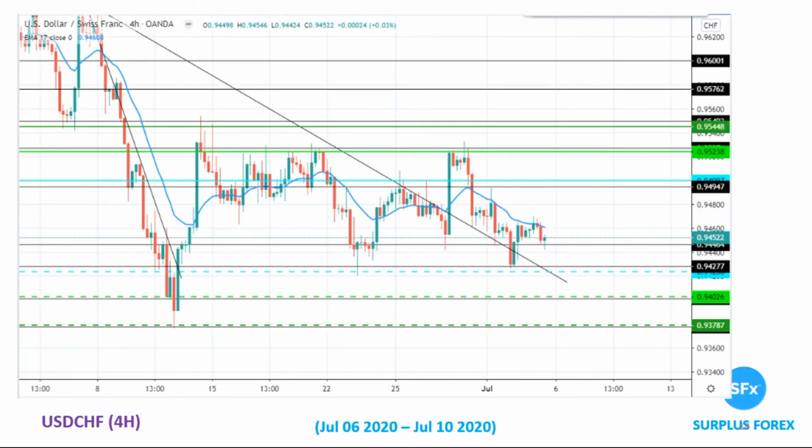On a 4-hour chart, we see that if it crosses 94.97, then 94.99 or 95 will be a good entry point for us. Keeping first target 95.23, second target 95.44. On the reverse side, if it falls right below this support 94.27, that will be a good entry point. Make sure it makes a good test here. Then first target 94.02, second target 93.78, 93.75, that will be the second target.